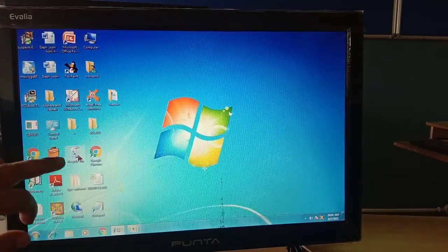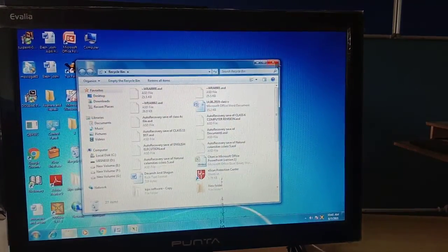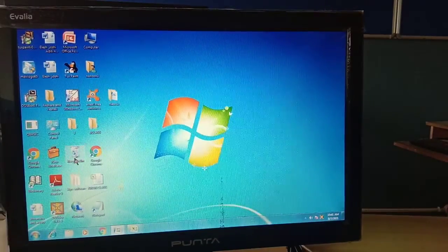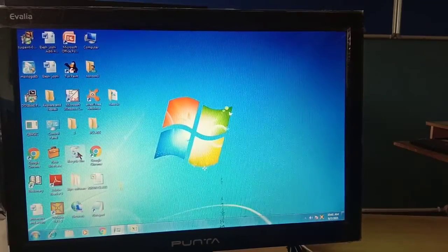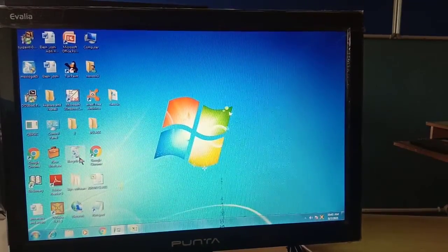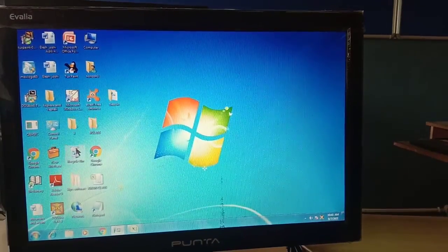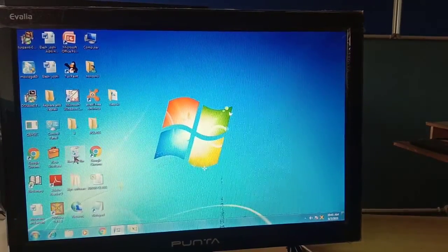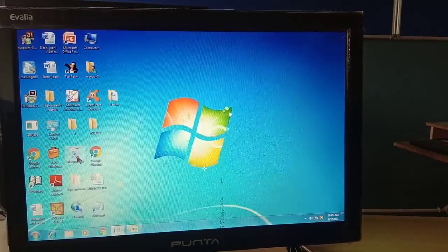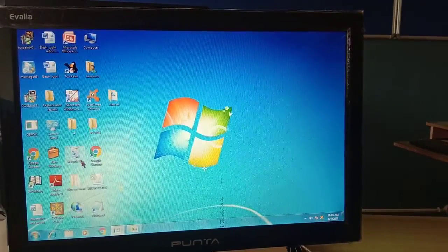Do you know about it? What is this? Recycle bin is the folder that contains your deleted items. Whatever you delete from your computer system just goes to your bin, and your computer bin is the recycle bin.